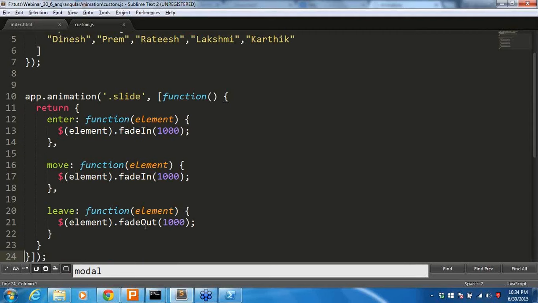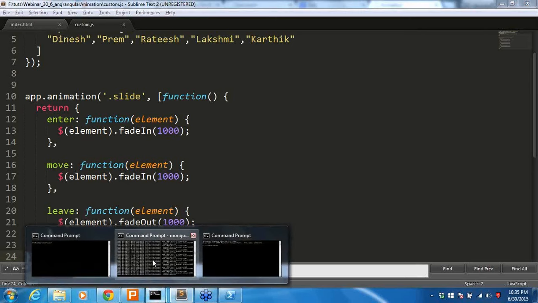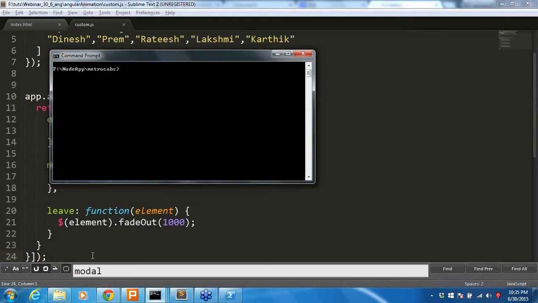Now what will happen? Whenever I search out, this will trigger this leave. So the ng-leave will be triggered, and the ng-leave class will be added to this application. But through the JavaScript we are accessing, that's why it will access through the key. In these two kinds of ways, we should be able to add animations to our AngularJS application. Okay, this is fine. But this one, whatever we have seen, is not that good looking. Let me show you. I already built an AngularJS application with this cool animation. Let me show that.